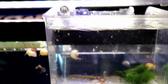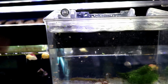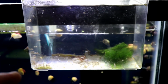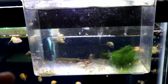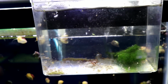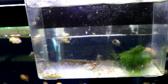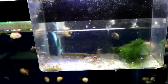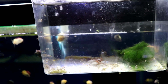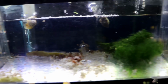And so now I take one of these breeder boxes, the Marina ones that are constantly changing water, and then I dump the babies in here. And what I've noticed is after the first 24 hours, the babies don't eat at all. They release, and then they almost all try to climb up to the top of the container. I'm assuming they must still be eating on their egg sac or something, or maybe I've released them a little bit early. And so now these guys have been in here about 48 hours,